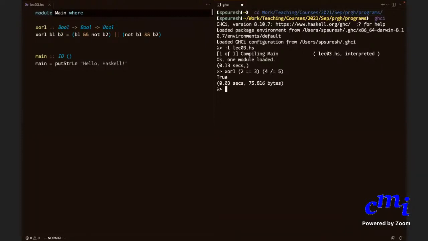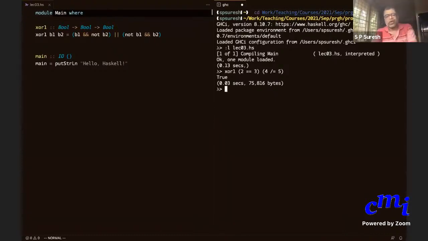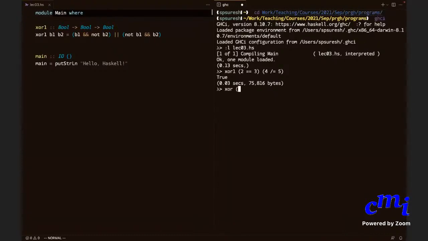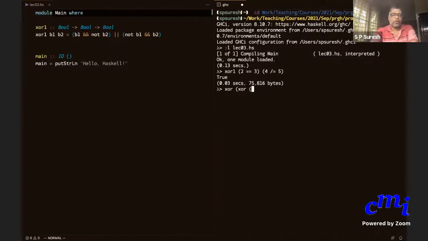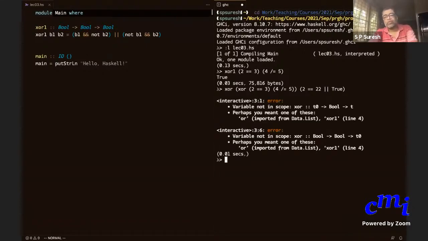I see. Thank you. So if it's a complex expression, put it within parentheses. You can put anything you want. You can say XOR of, and then on the other hand you can have 2 equals 2 or... It's XOR 1.